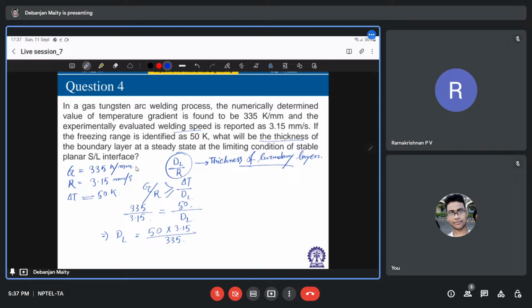What will be the unit? If it is Kelvin per mm, and this is mm per second, it is Kelvin per second, and this is Kelvin. This is coming as mm square per second, right? Is the unit okay? Initially it was Kelvin per second, and then it is coming as